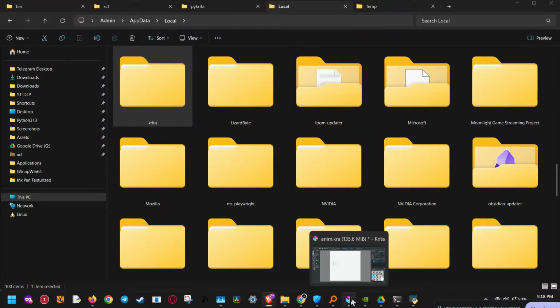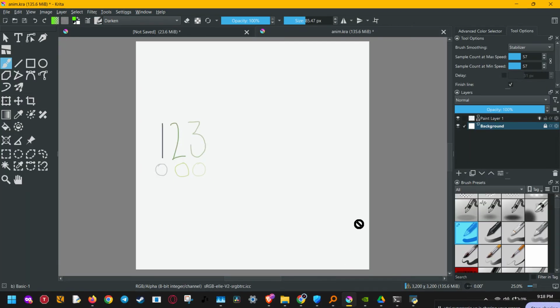If your Krita brush is not working, painting invisible strokes, lagging, or acting completely broken, don't worry. In this video, I'll walk you through the most common fixes step by step so you can get your brushes